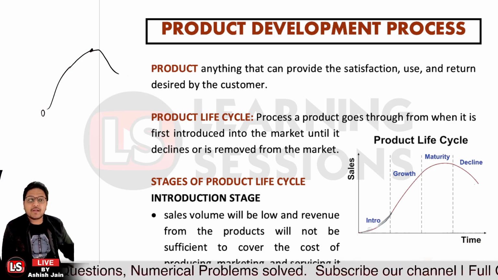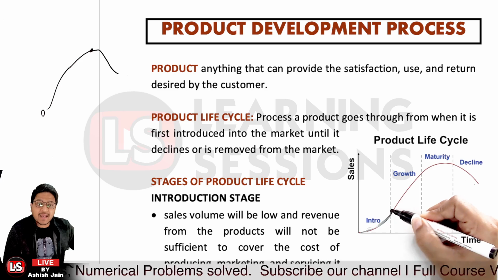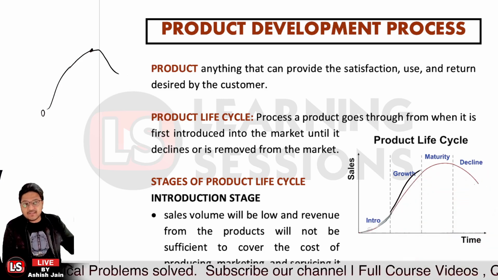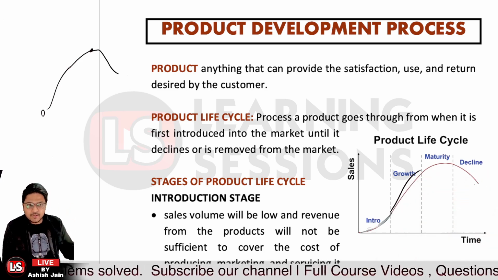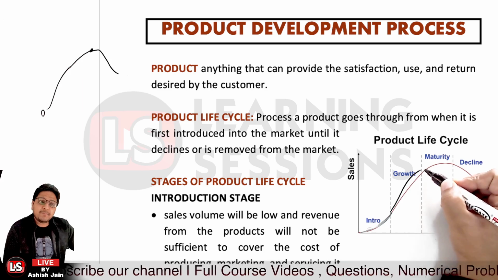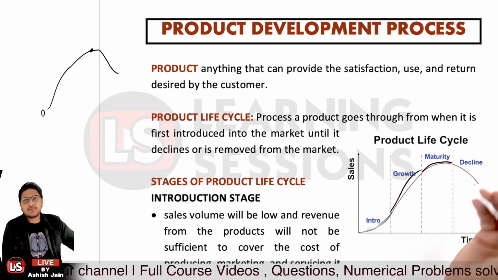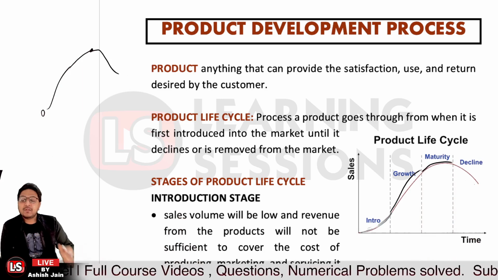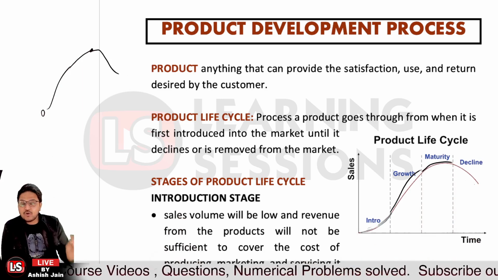and people went for our product, they bought our product, and that was the growth stage when they are actually using our products, and our sales went up, and there was a surge in sales, a surge in profits, and ultimately the product maturity period was there. Let's say some other competitors also entered, there were new products, the technology changed, and